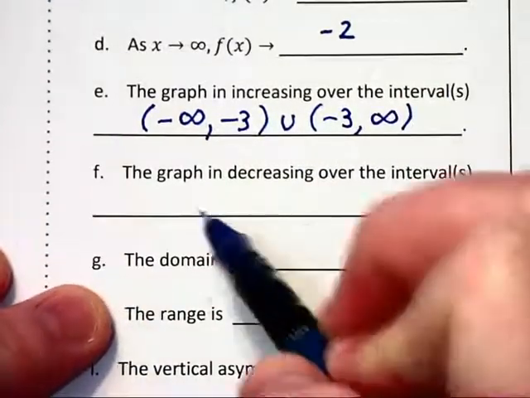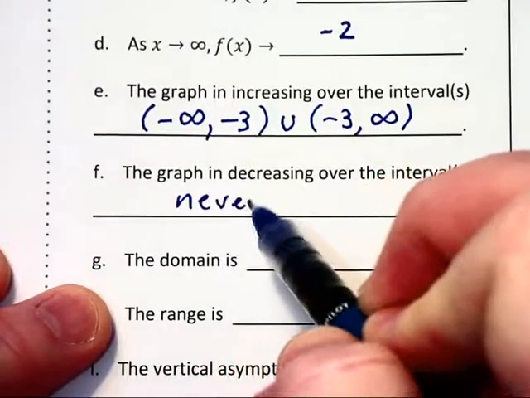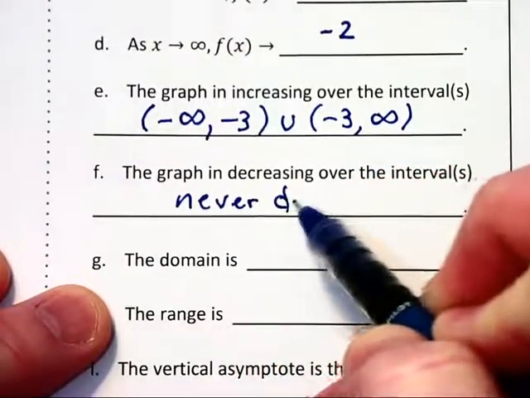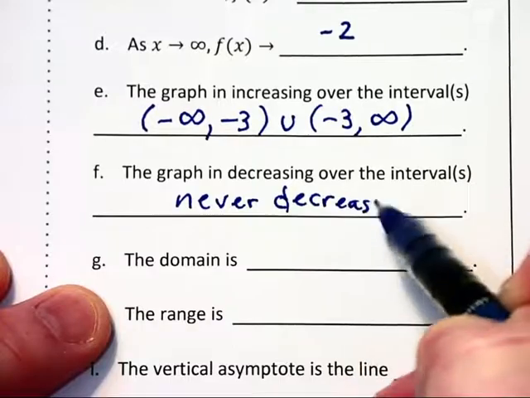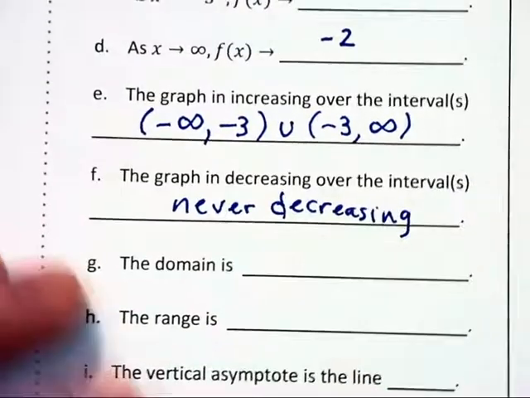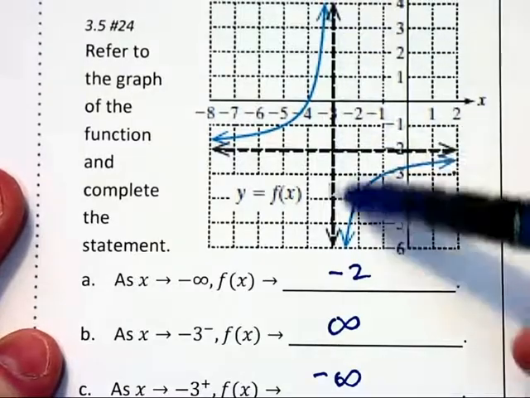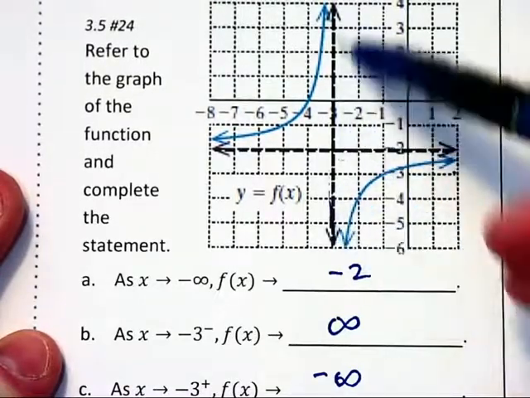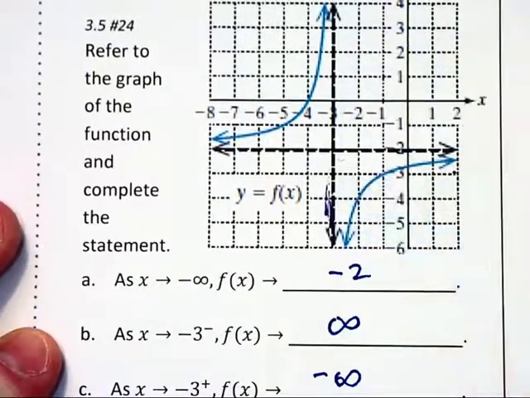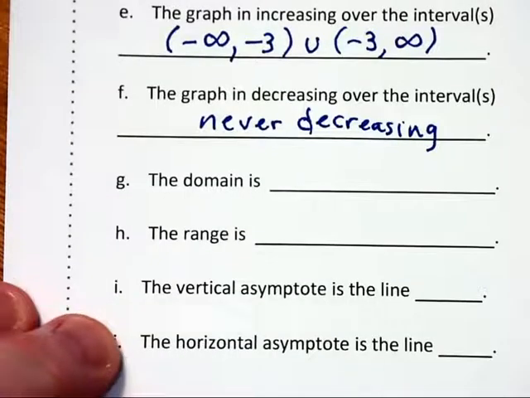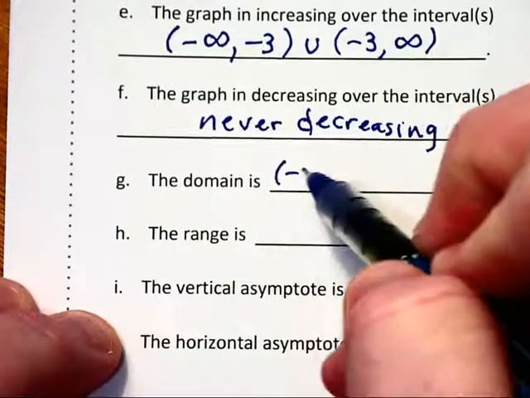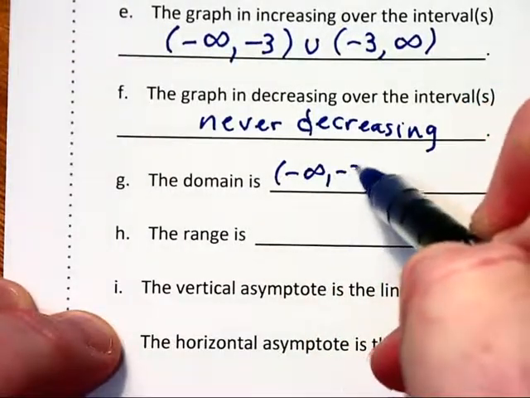It's never decreasing, as we saw from the function. The domain would be all real numbers, but there's no graph at negative 3, so we have to exclude negative 3 from the domain and list the domain out as negative infinity to negative 3,